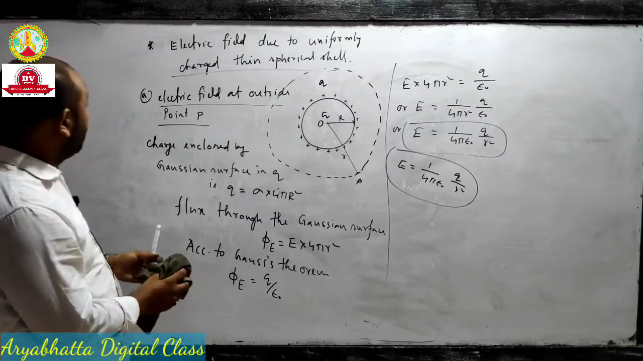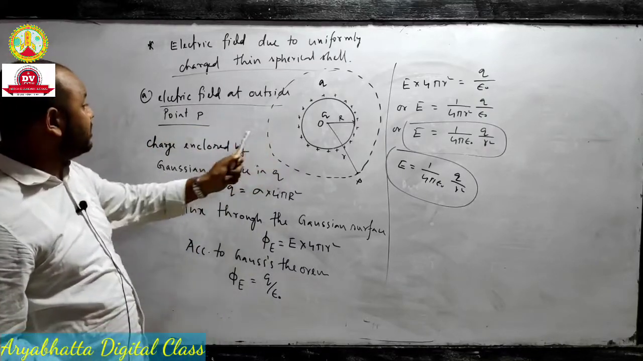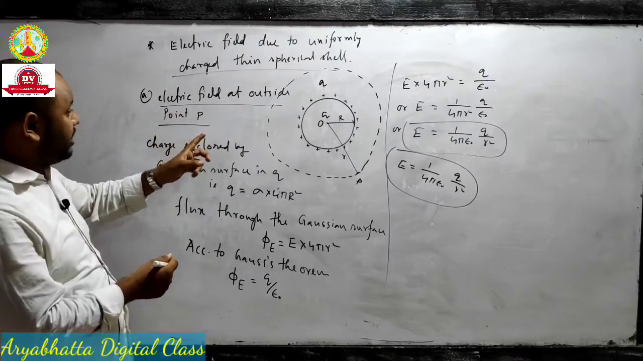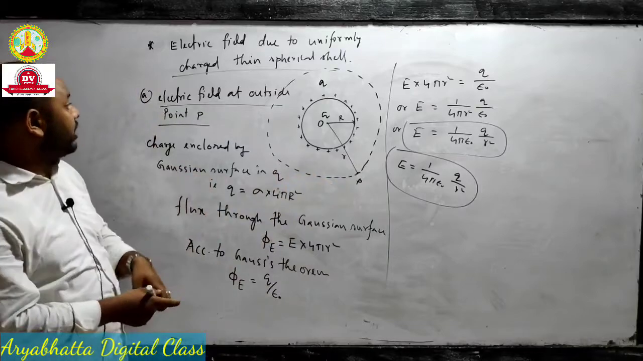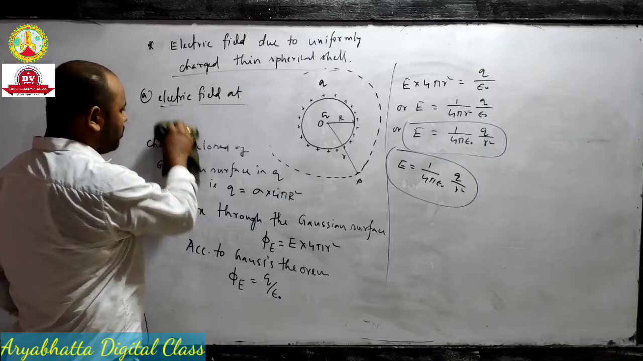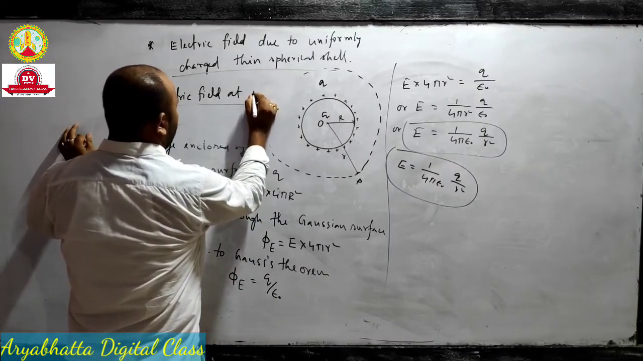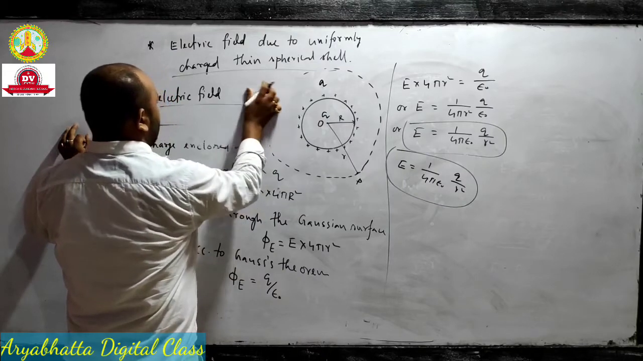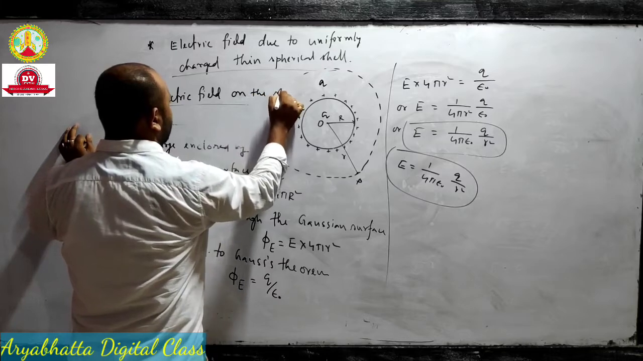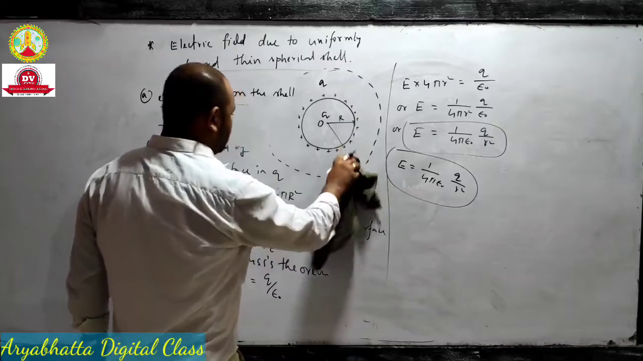then we are going to calculate the electric field on the surface. This is the electric field outside the shell. Next we are going to calculate the electric field on this shell. Electric field on the shell. That means if the point P is here,